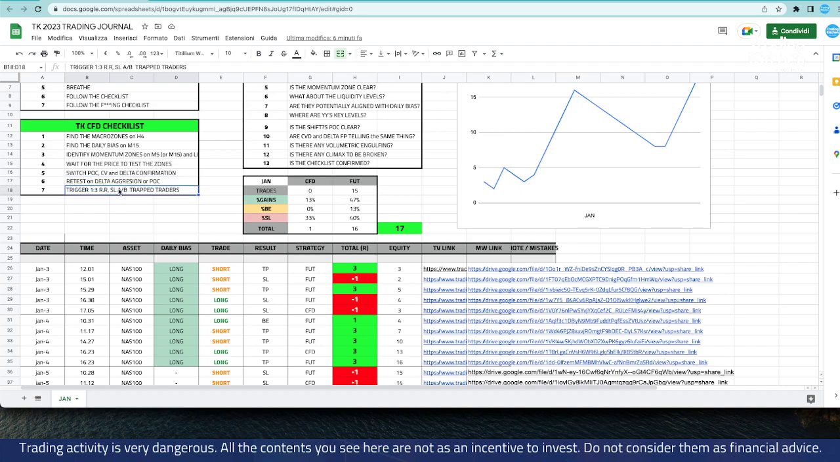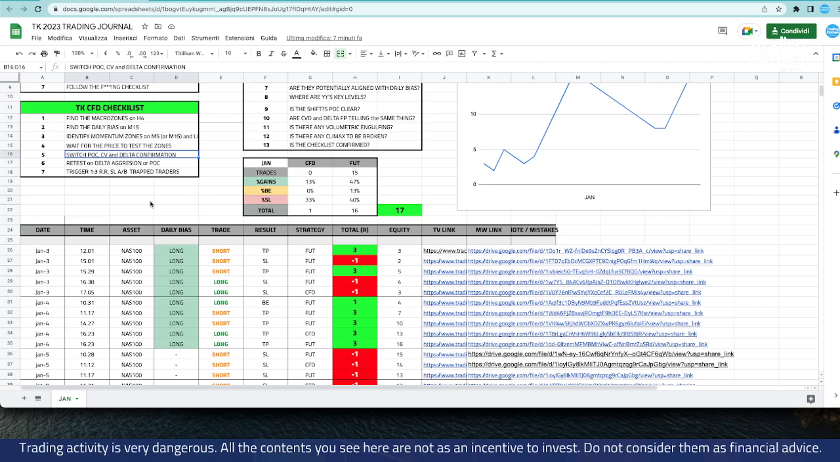My trigger is 1-3 risk to reward, stop loss above or below the chopper traders, or the high or low of basically the candle in which I saw the POC switching. This is basically my CFD checklist, which is quite easy to understand from my point of view,